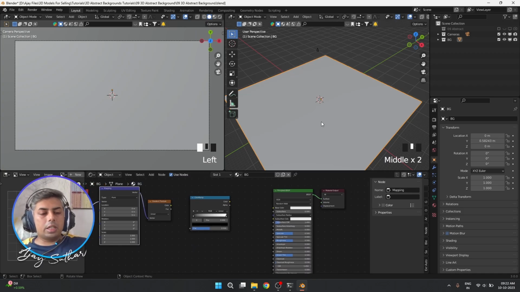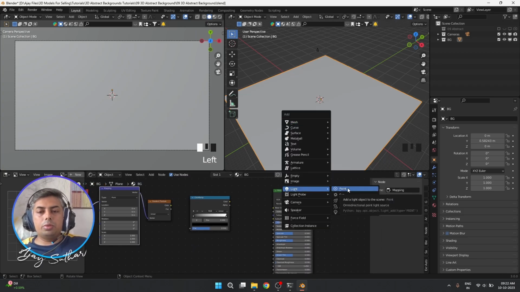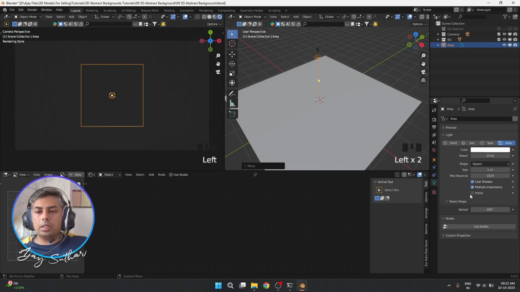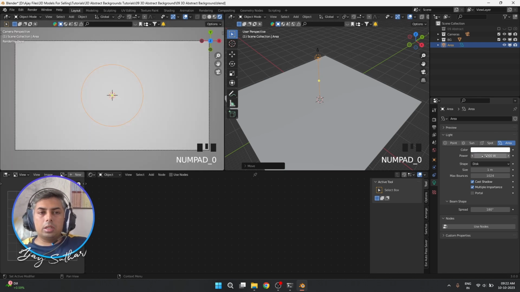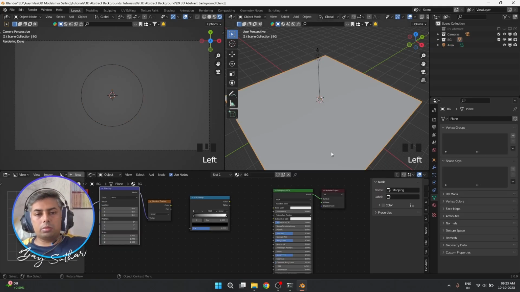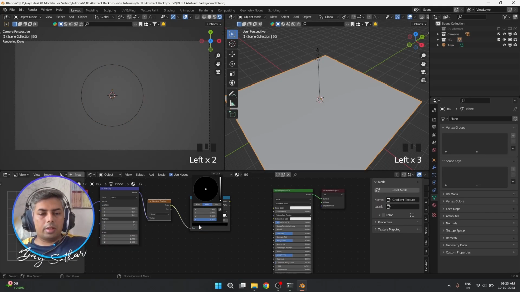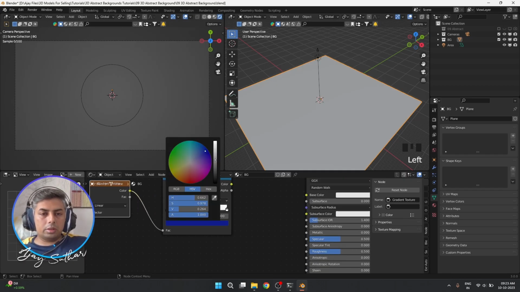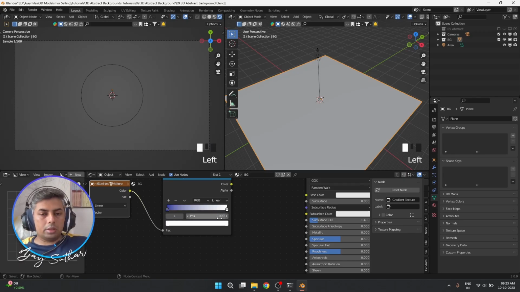So before this I need a light. Let's create a light. This time I will use an area light. Let's try this. Come here and make a disk, increase it to 5000. Okay, it's too much. 500, it's too much. Let's create it. Simple color. What should be the color? And here